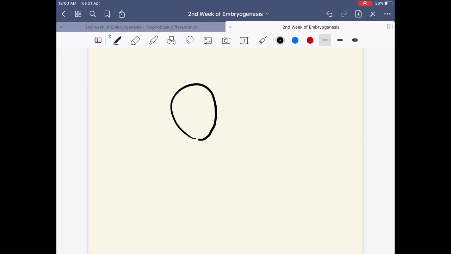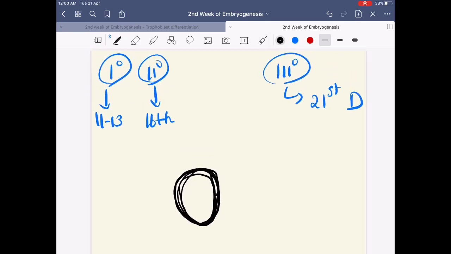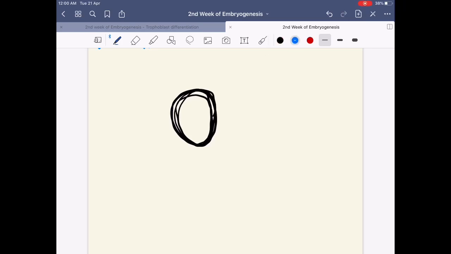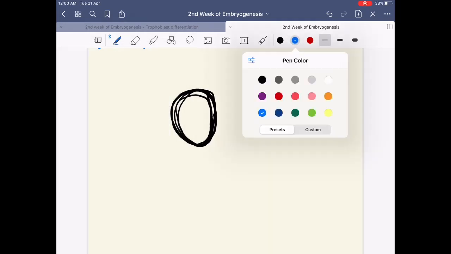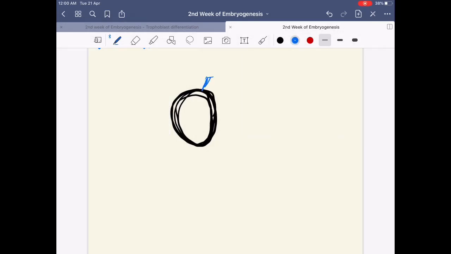see this here. Okay, I have just drawn the disc. I have just drawn a trophoblast here in general, suppose. Okay, you have got these primary villi as well as secondary villi like this. They are growing like this. They are finger-like projections. They are growing all around the blastocyst, right. This is a primary as well as secondary villus. They are growing all around your blastocyst.